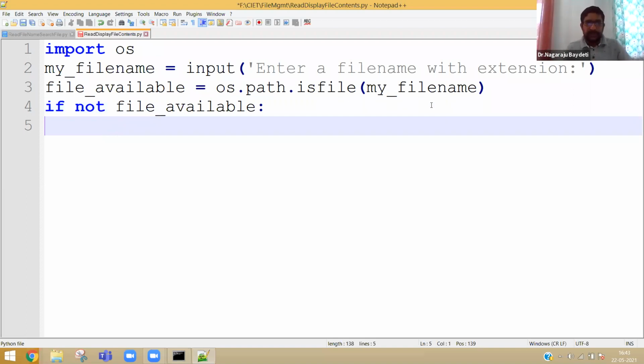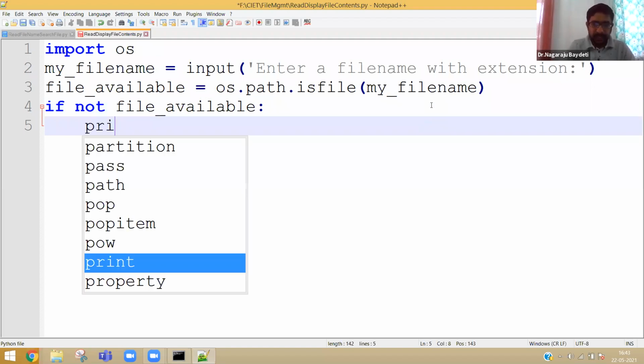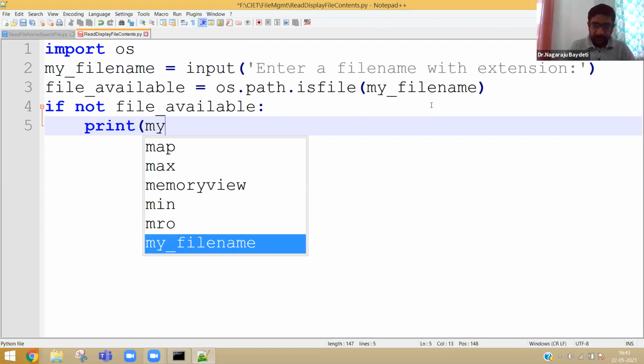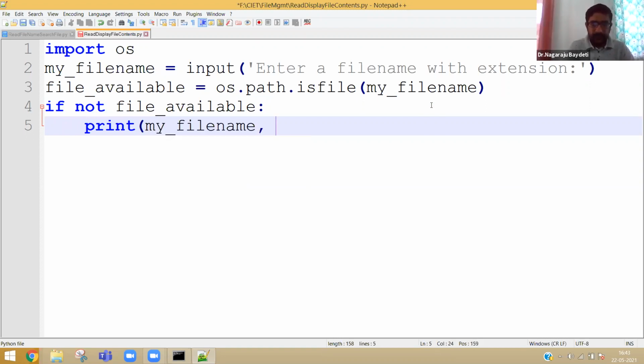Then only it will go inside. If file not available, then you can say print my file name file is not available. Simple message.